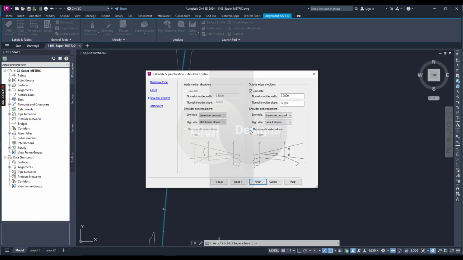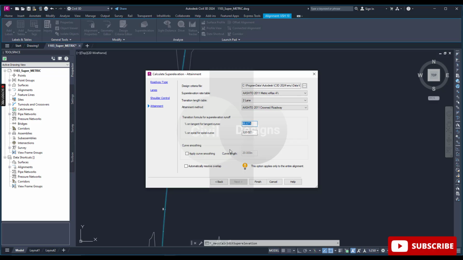And then just check the box here against the maximum shoulder rollover, and you can put your slope here, which is just 8%. Okay, then click next here, and on the calculate superelevation attainment page, click the ellipsis button to set the design criteria file